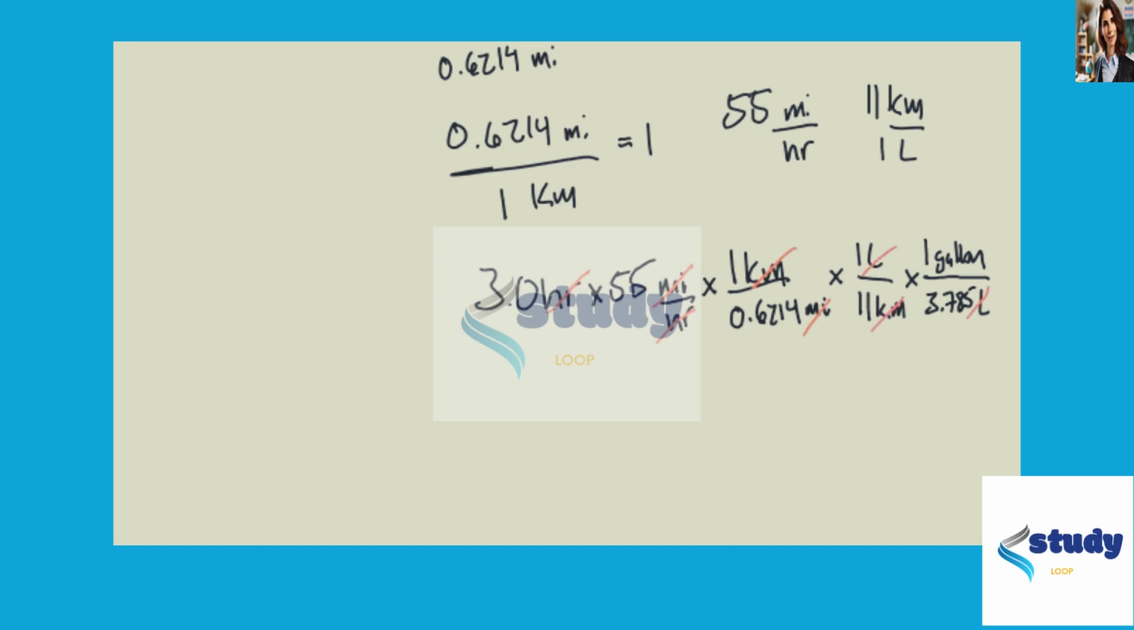So all that's left is to put this into a calculator and get our final answer. 3 times 55 times 1 divided by 0.6214 times 1 divided by 11 times 1 divided by 3.785 for a final answer of